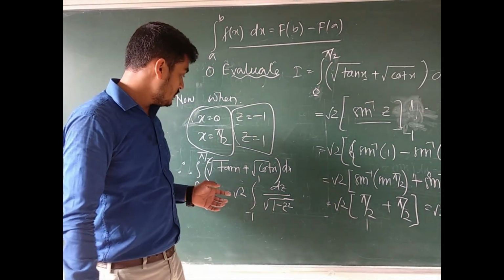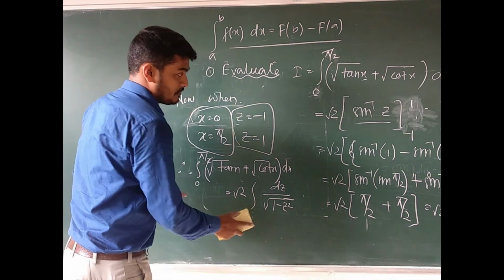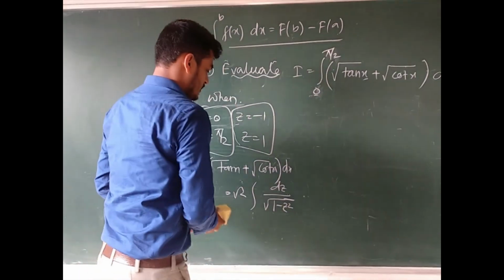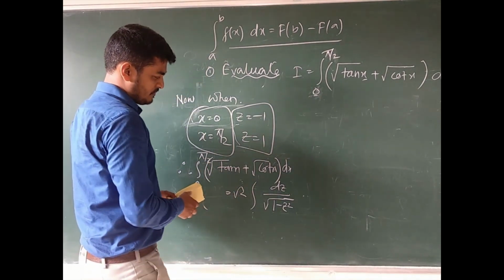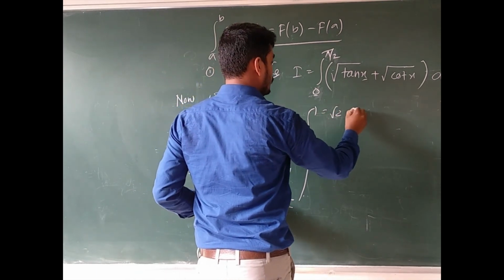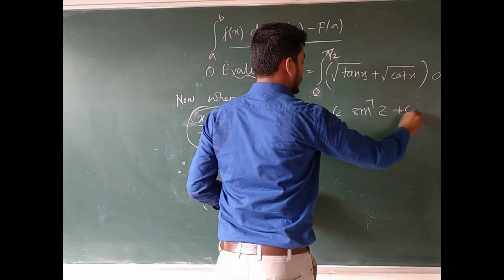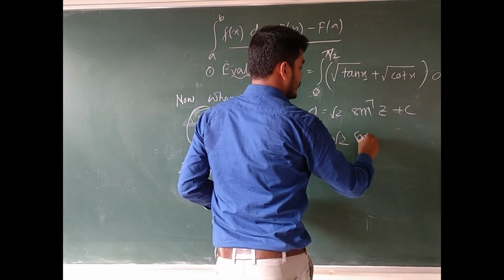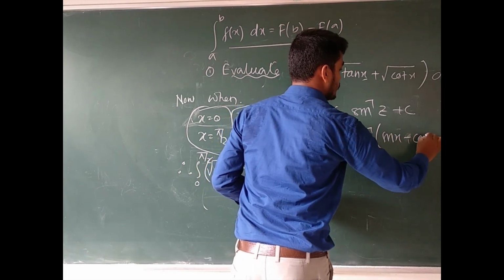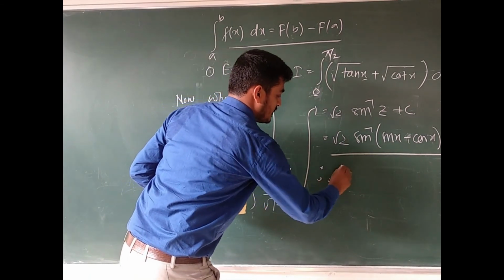That means I think, suppose you take the decision, this one we had thought, you look carefully once, see how we have done it. So you have got this one only. Okay, so what is the answer of this one? You will get root 2 sin inverse z, okay, root 2 sin inverse z plus c. So root 2 sin inverse z means what? It is sin x plus cos x, plus c. Our answer in x has come. Therefore now you can write down